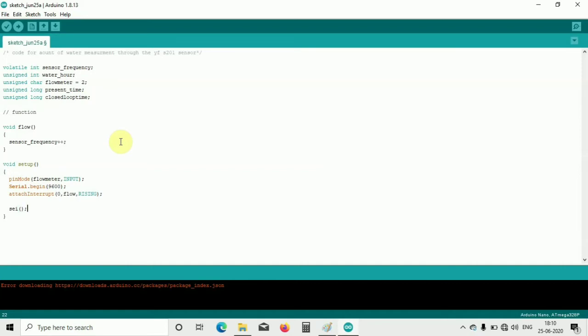And then we will be defining the present and the closed loop times here.